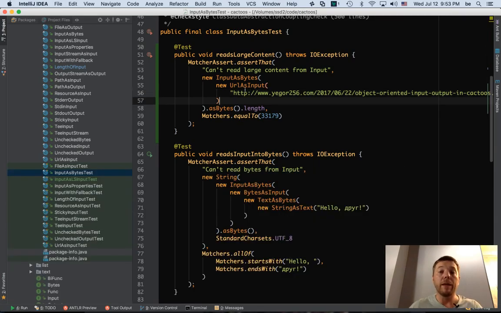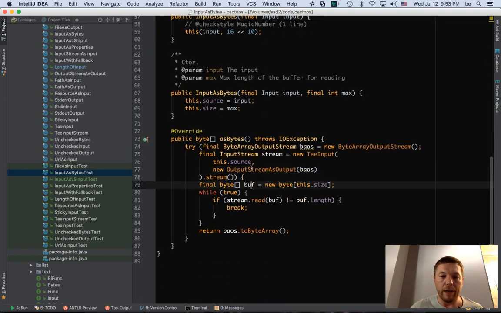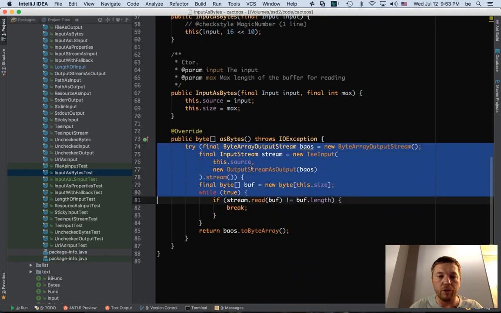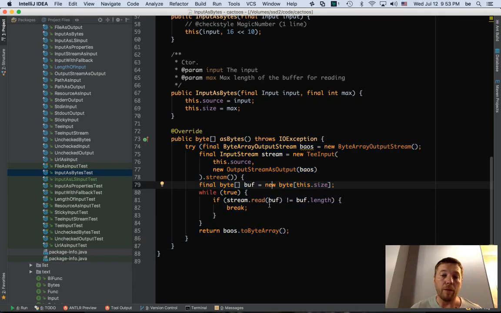So what's the problem? Now I click into input as bytes and look at this code. Look what's going on. That's the amount of code I need to look at and fix. That's the smallest piece of code I was able to get my problem down to. We started from a really high level, remember those XML, XSD manipulations, which are quite high level. Now we're down to this problem. I'm sure most of you already see what the problem is.